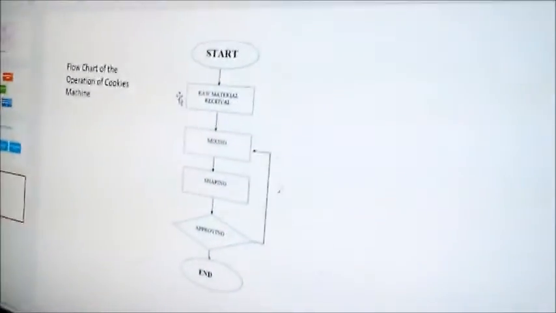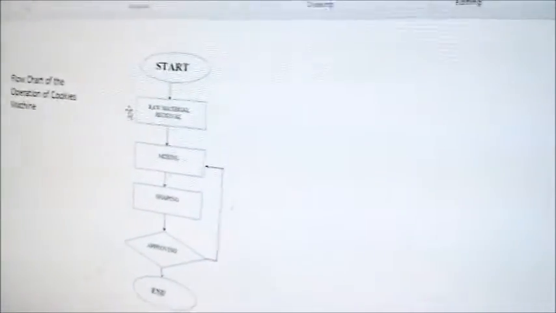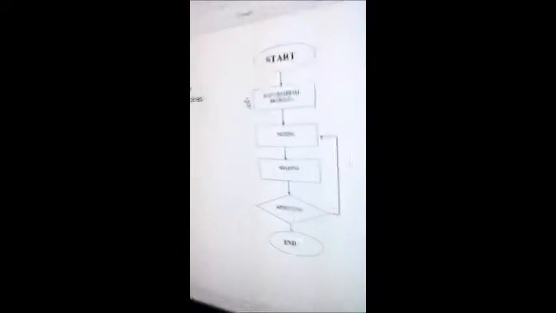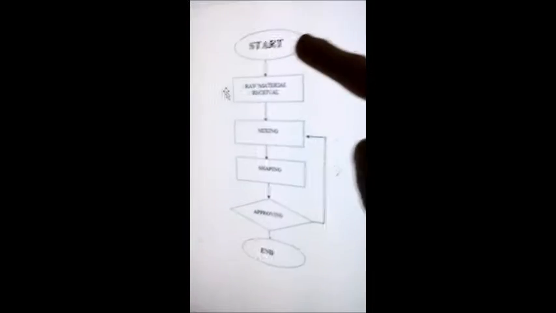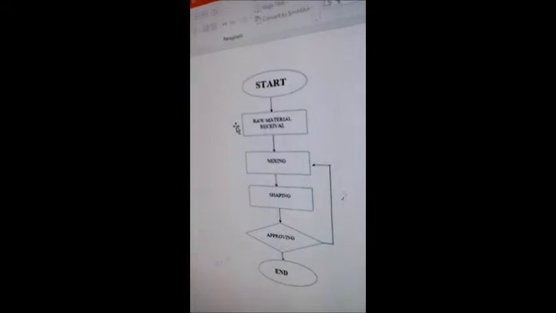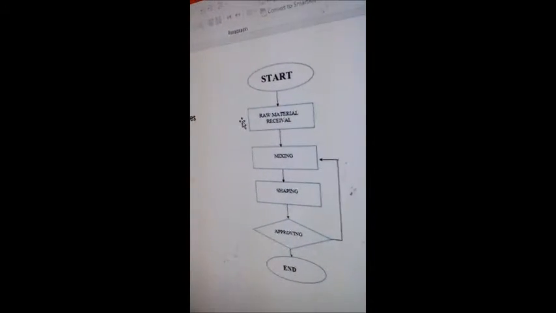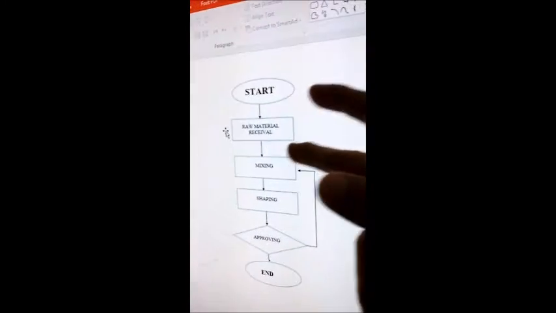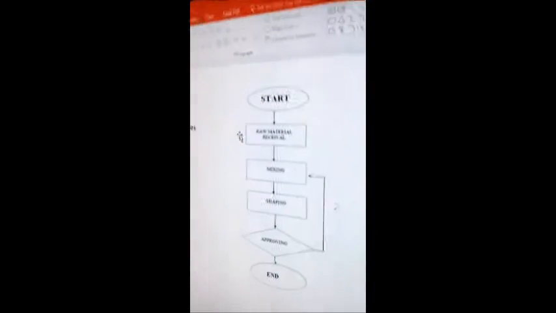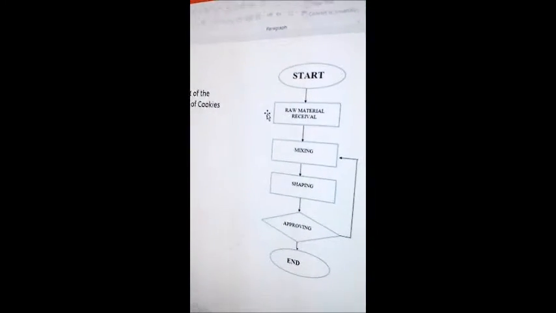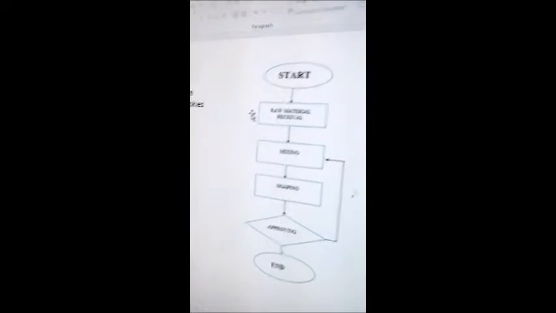Now, sorry, this is the flowchart of the operation of the cookies machine. Once the machine is started, the raw material will be mixed in the mixing chamber. Then once the mixing is done and the quality of the dough is enough for the desired quality,